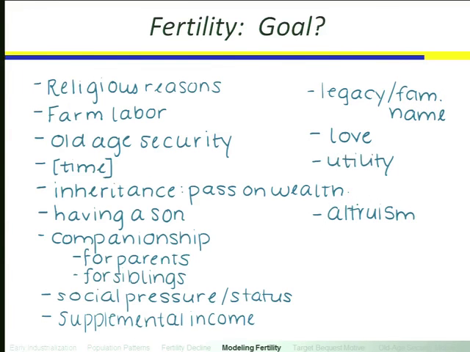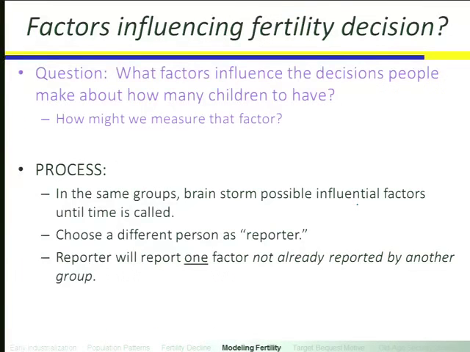So now we've got a handle on some possible goals. So now we're going to have our next question. What factors, and some of the answers y'all gave over here work here, what factors influence the decisions people make about how many children? So for instance, Dennis said tax incentives. Tax incentives might be something that influences how many children. So people have children because they're trying to